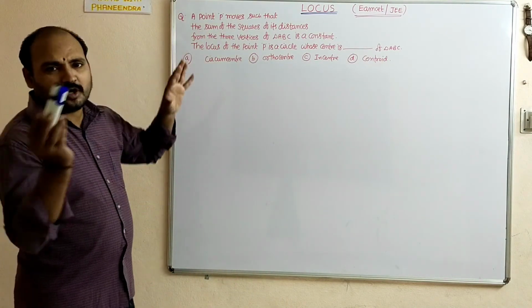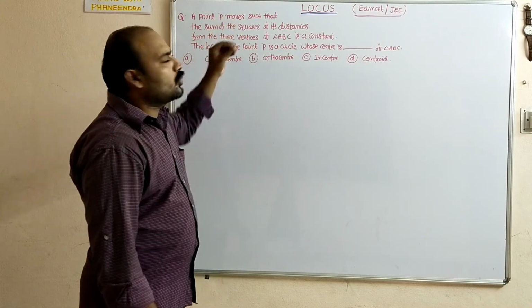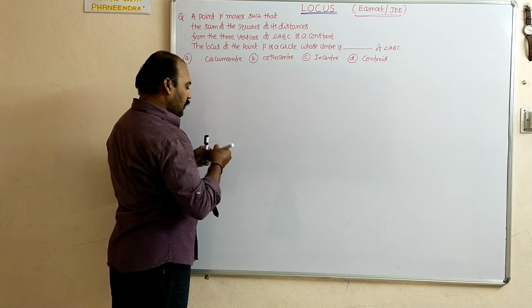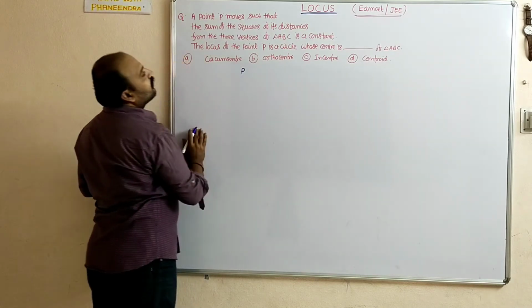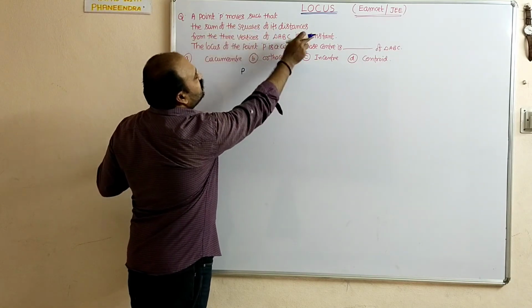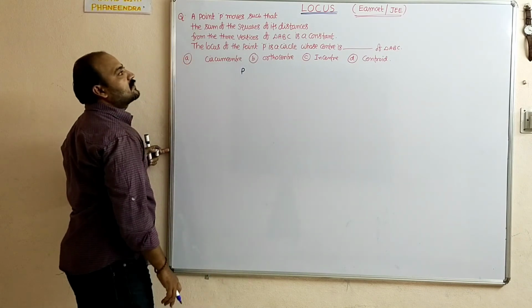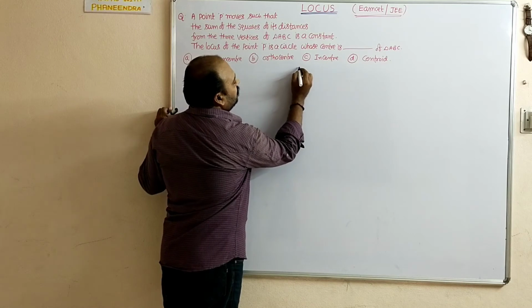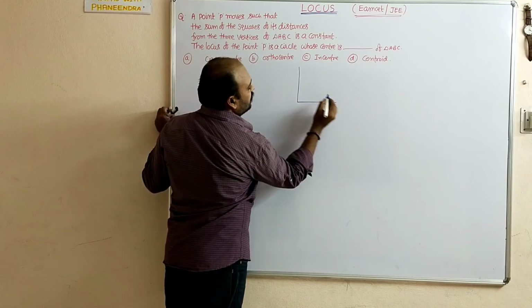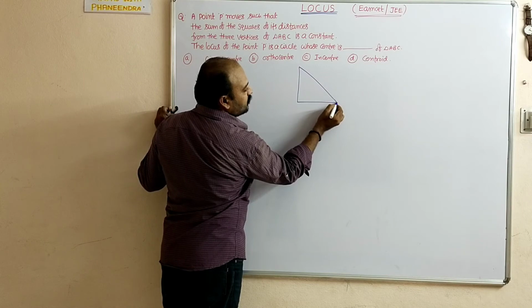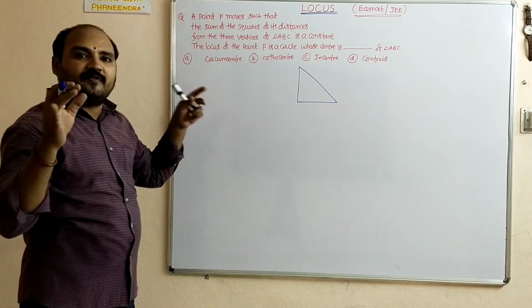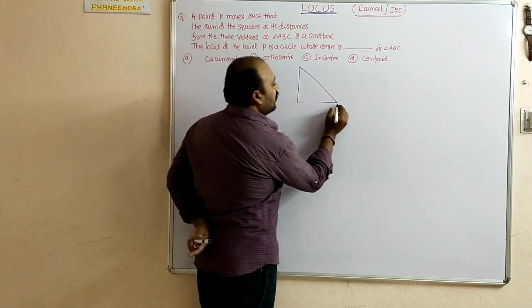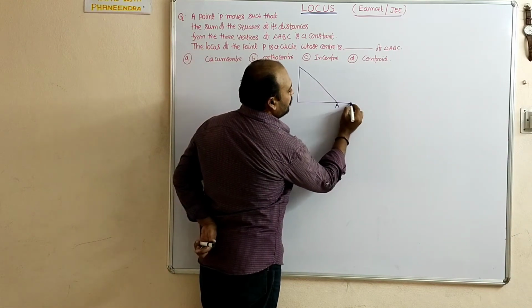First, what is the geometrical condition from the question? First you have to find out. A point P, you take the point P here, moves such that the sum of the squares of its distances from three vertices. Here I am taking the triangle, a general triangle. If you take x1, y1, x2, y2, x3, y3, it is very difficult to find the locus. So what I am taking is a coordinate axis I am considering.